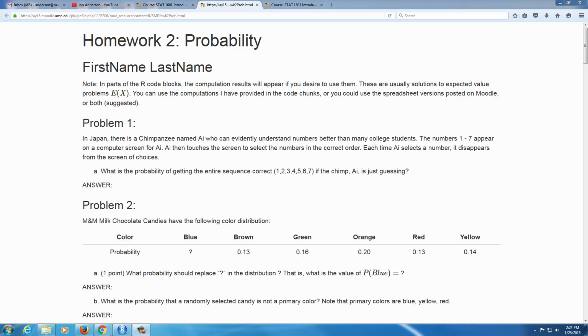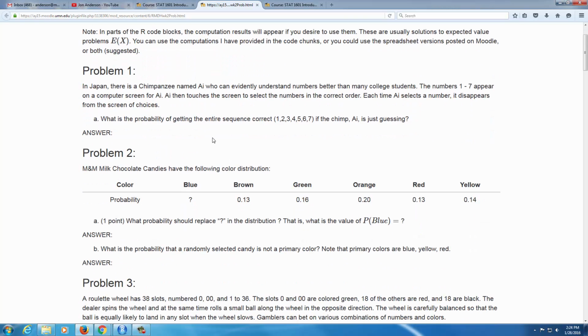Hi, in this video I'm going to talk to you about what's going on in the probability homework and some advice for how to complete things. If you process the homework 2 probability file or look at the processed version, you'll see that the first problem